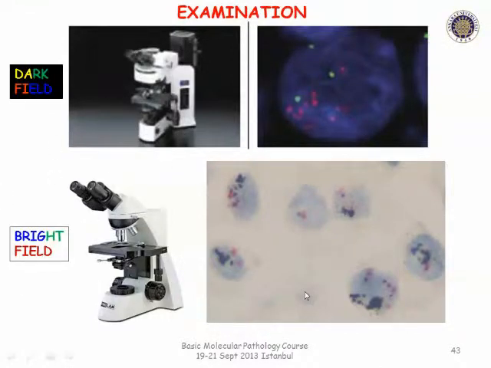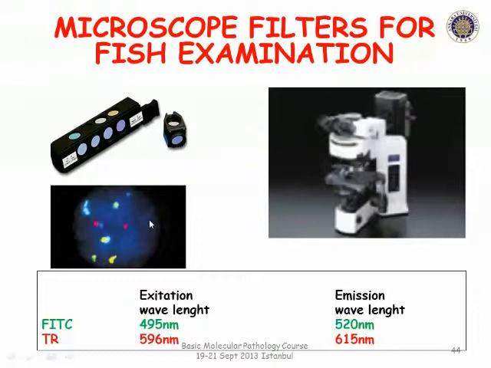If you're using chromogenic in situ hybridization, then you can use your ordinary microscopes. Microscopic filters for FISH examination are very important. They all depend on the probes and the fluorophores that are used for labeling the probes. So you have to choose the right filter in order to see the